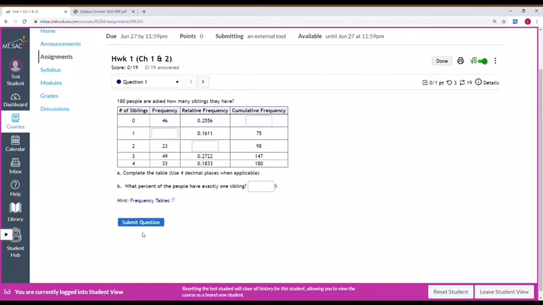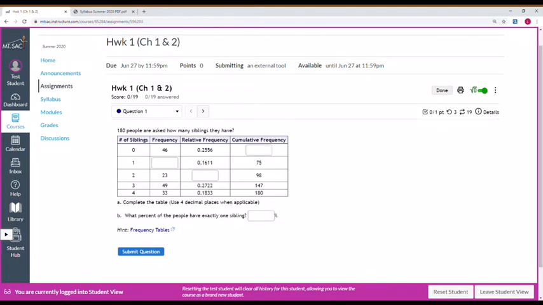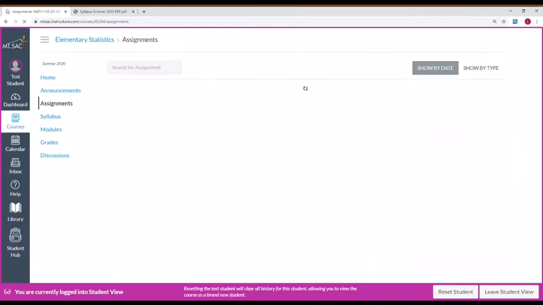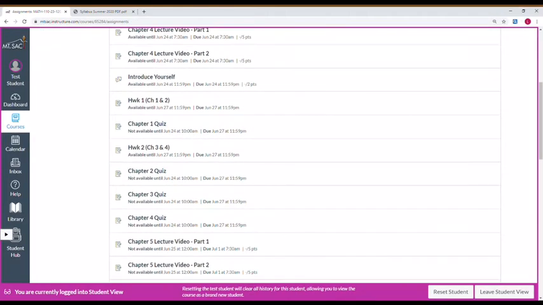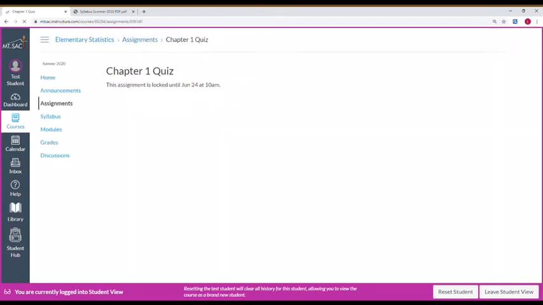You have unlimited attempts to try each homework problem. Just remember that the homework has a due date, and to get started on it early because the assignments are long, since this is a summer course and it moves rather quickly. Another assignment you'll notice is chapter quizzes.